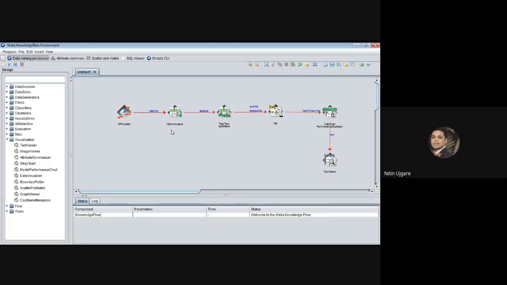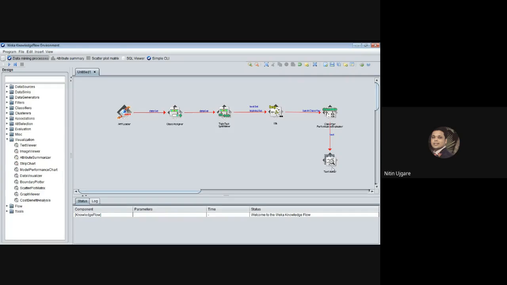So this is the complete visualization of your machine learning process. The first three classes depict the data preparation and data pre-processing. Data preparation is done with this ARFF loader, and pre-processing is done with these two classes, class assigner and train test split maker. Then we have chosen the classifier, and we have applied both instances of the data set, test as well as train, to this classifier. We have evaluated this classifier's performance, this KNN machine learning model's performance, using this classifier performance evaluator class.